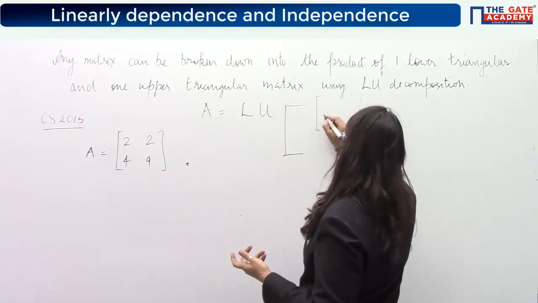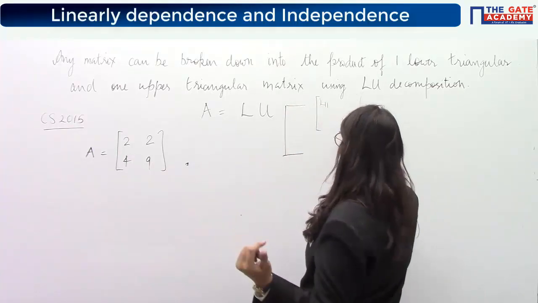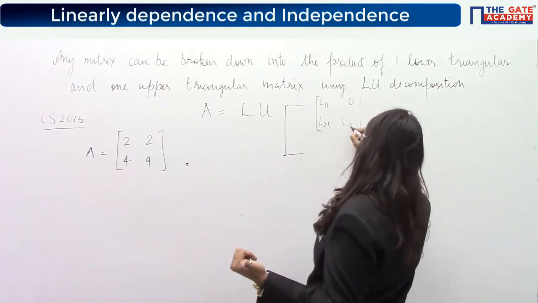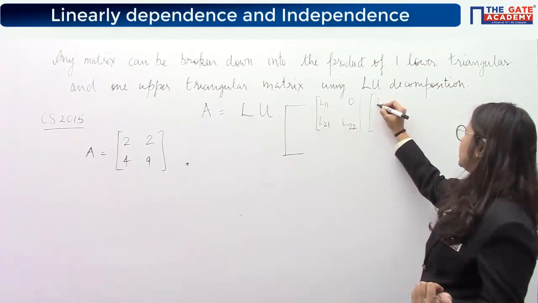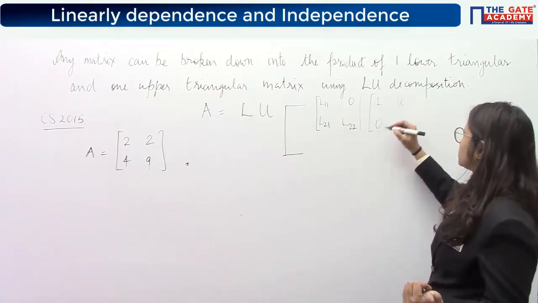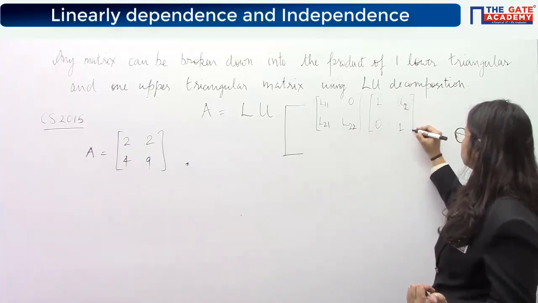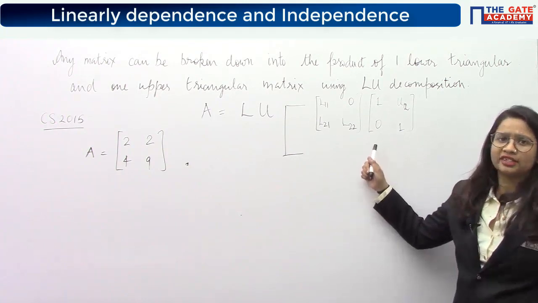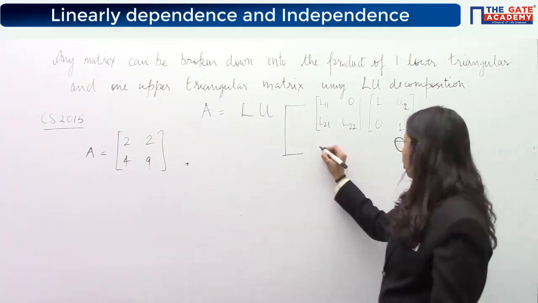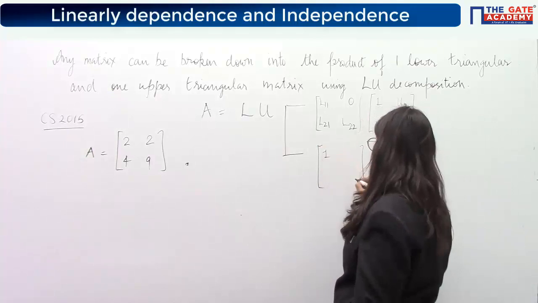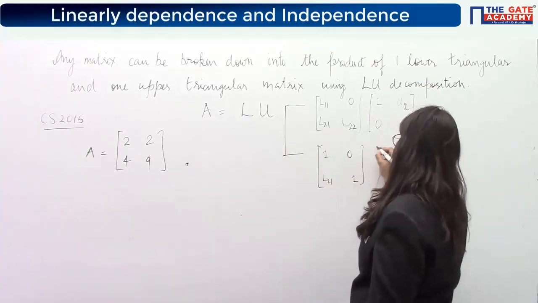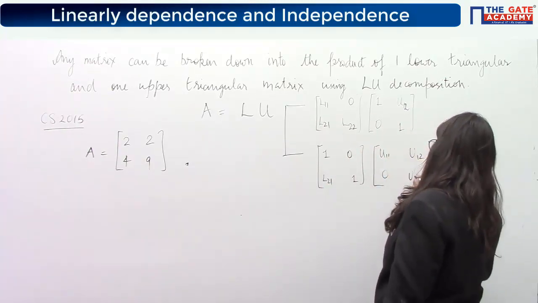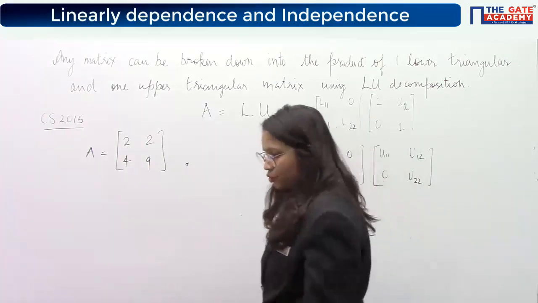The first way is this one: choose L11, since it is a lower triangular matrix, L11, L21, this will be 0, and L22, and choose these diagonal elements as 1 for the upper triangular matrix. Understood? One way is to choose the matrices such that the upper triangular matrix has diagonal elements as 1, or the other way is that you can take these elements to be 1 and these to be some elements like this. So basically there will be two ways.